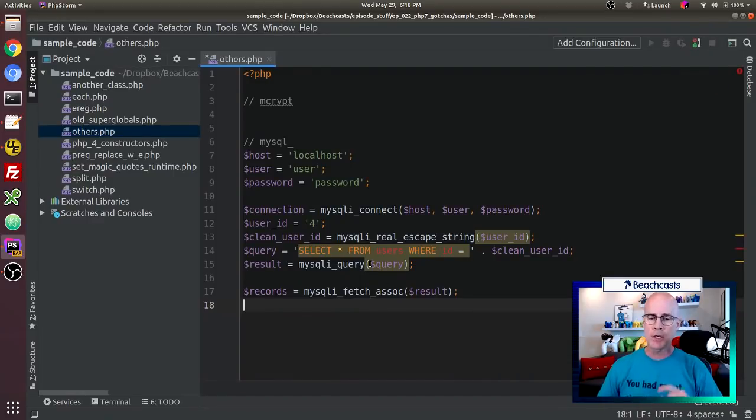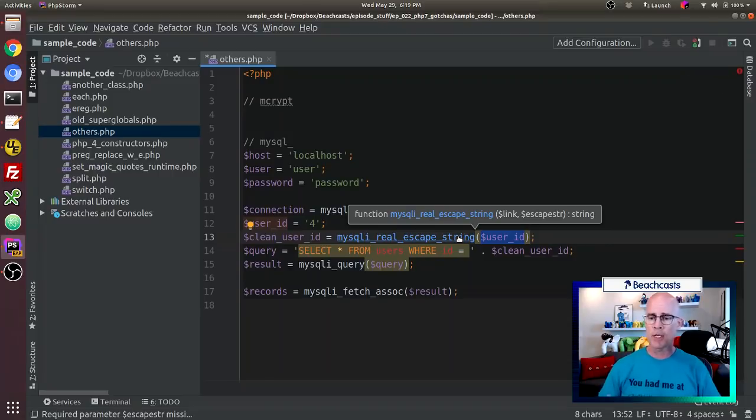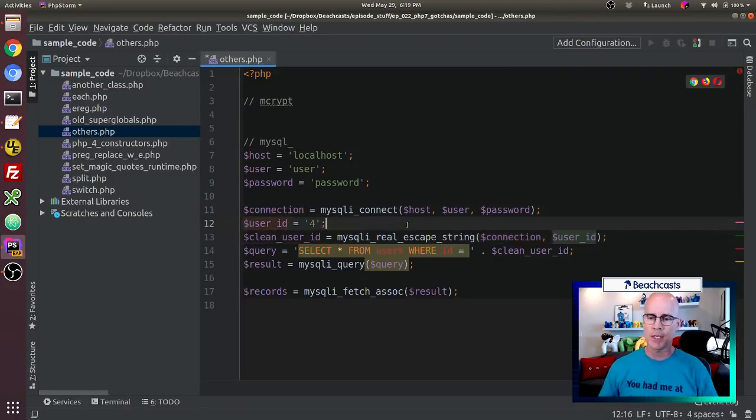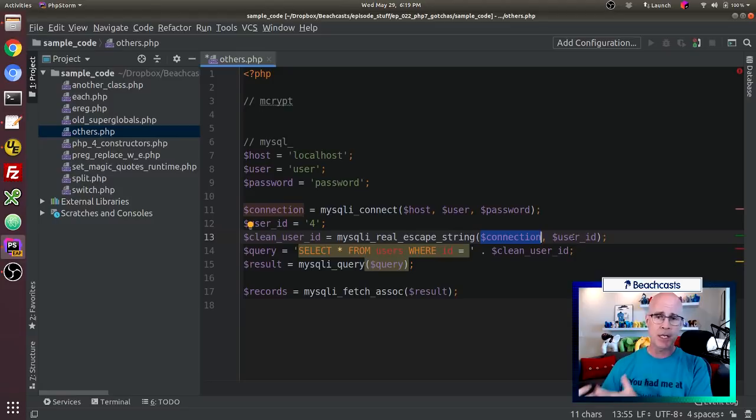Now, one thing to note is that when we're using the MySQLi real escape string and also the MySQLi query, we now no longer can just pass in the data, because this requires not only the data that we want to escape, but we also need to give it the link for the connection. So in this case, I need to take this connection and put that in as the first argument. And so now MySQLi real escape string knows what connection to use to the database, because it's using MySQL to do this escaping, it needs to connect to the database